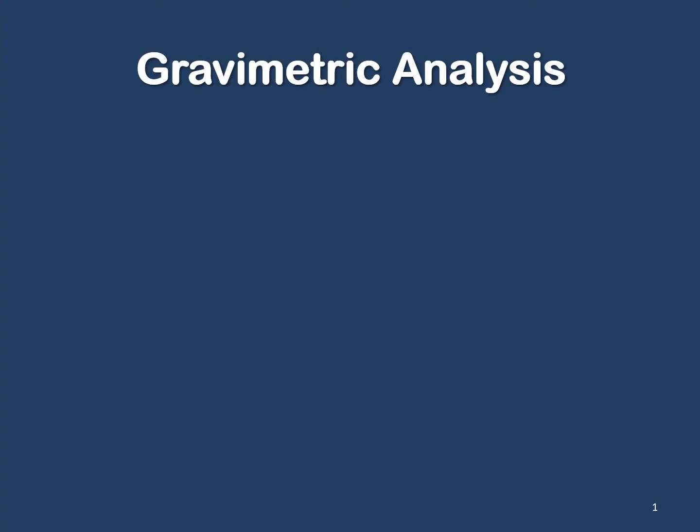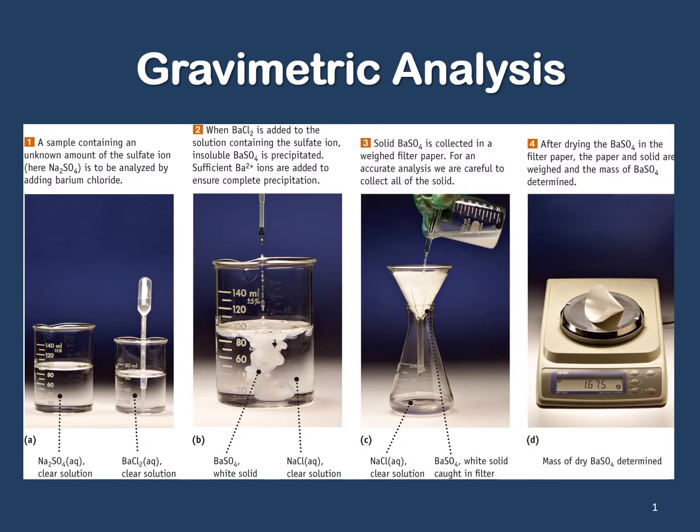Chem 1A, this is Chapter 5, Lecture Video 4, and we're going to be discussing gravimetric analysis, which is a pretty cool thing. It's often used to determine the amounts of substances present in a solution when we don't know how much. One of the easy applications of this technique is with measuring whether water is safe to drink or not. If you know there are, for instance, heavy metals present in the water, like lead, which is toxic,